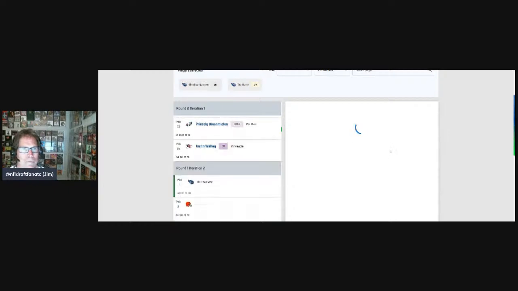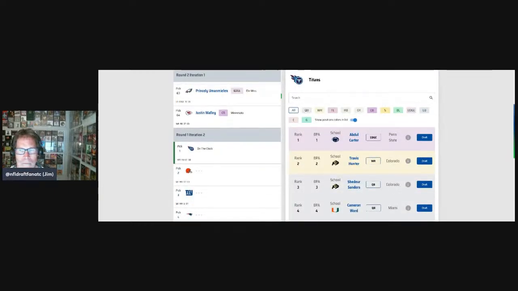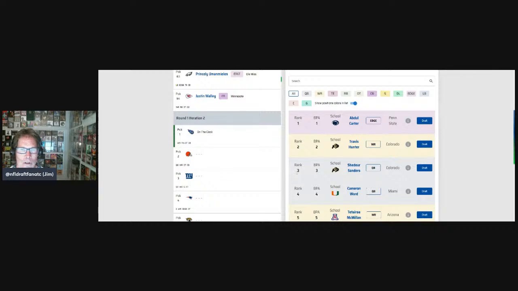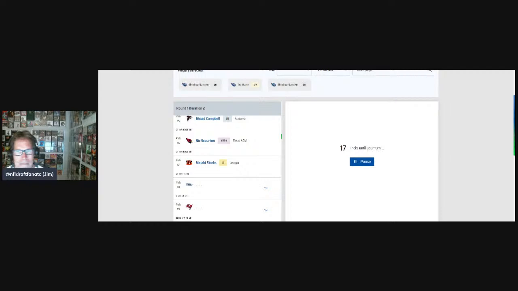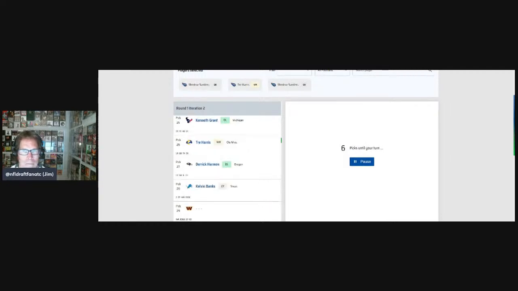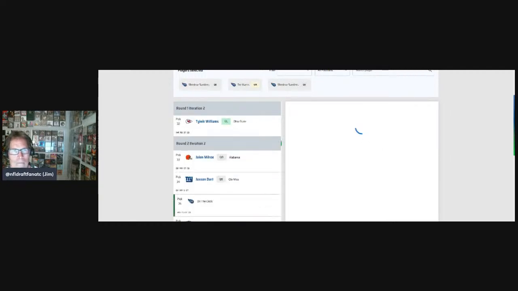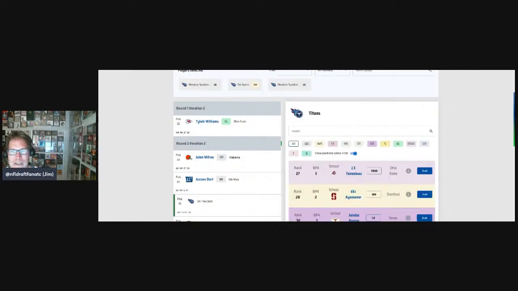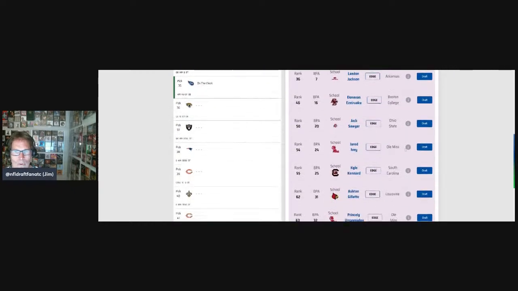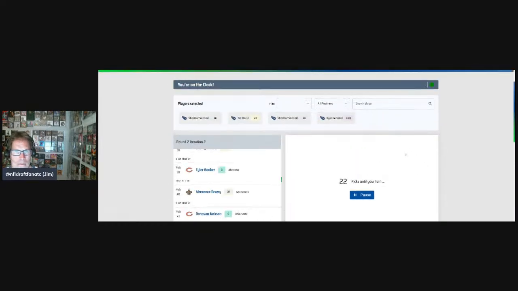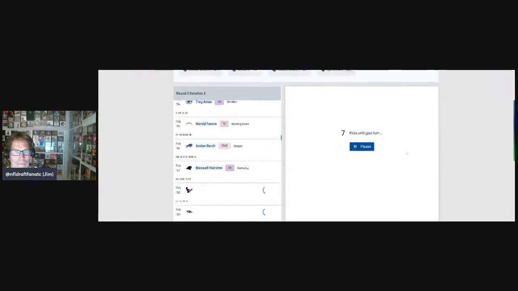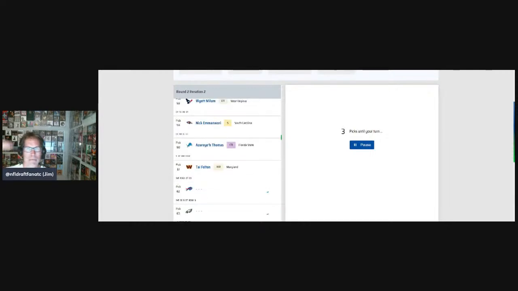So you can see Sanders is now already higher than Ward. He's moved up to 3. And each time I pick Sanders, he should move up just a little bit. And let's talk about some edges. So I like Kyle Kennard. Each time you pick a player, it moves them up.